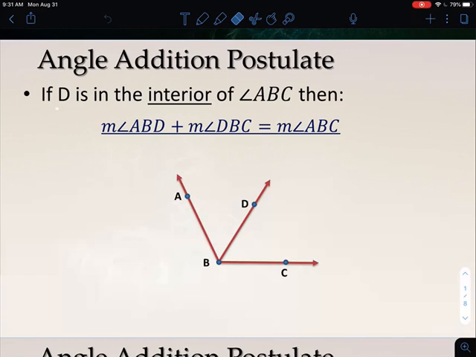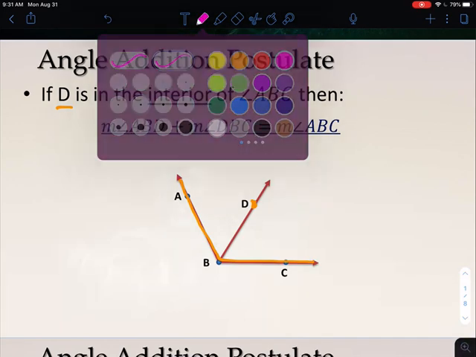So for the angle addition postulate, if there's a point, like in this case we're saying point D, in the interior of angle ABC, basically they're just saying that point D is on the inside of the angle. So here's angle ABC. We're looking at a point that's somewhere inside there. What they're telling you is that the